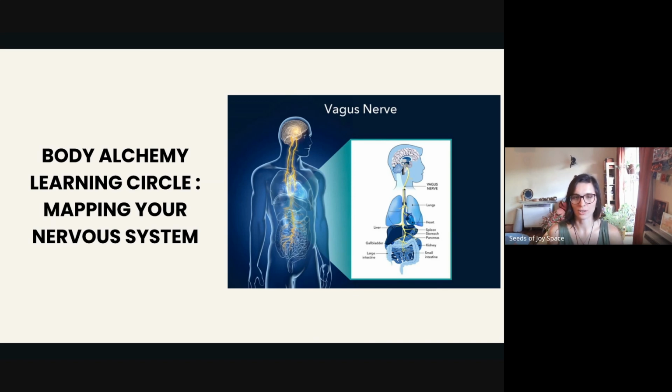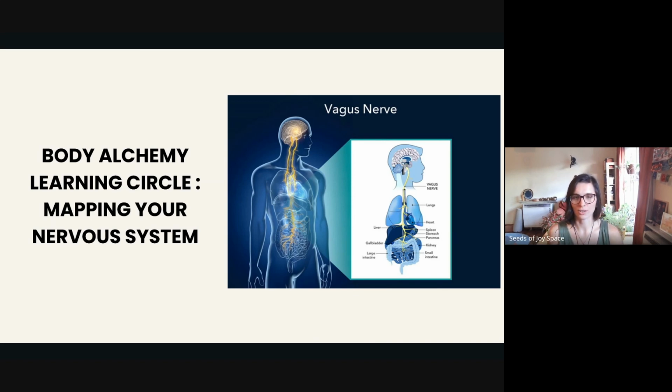And the name polyvagal theory comes from the name of a specific cranial nerve that is the longest nerve in our body. It's called the vagus nerve, and it's actually a pair of nerves that emerge from the top of the brainstem, and after leaving the skull, enter the upper neck area behind the ears. And then it passes down through the neck to the throat and vocal cords, also to the heart, lungs, stomach, liver, kidney, gallbladder, pancreas, and then finally to the small intestine and part of the large intestine.